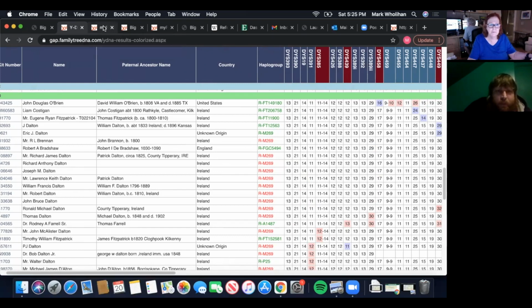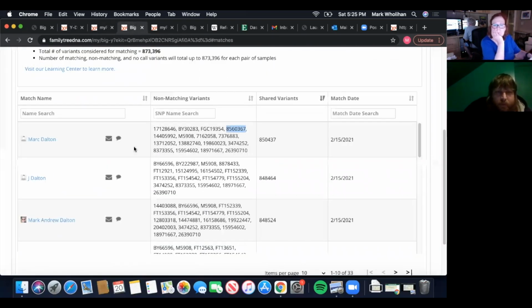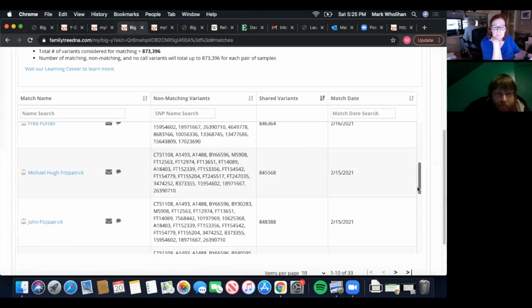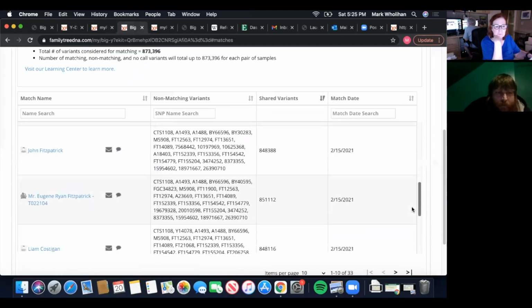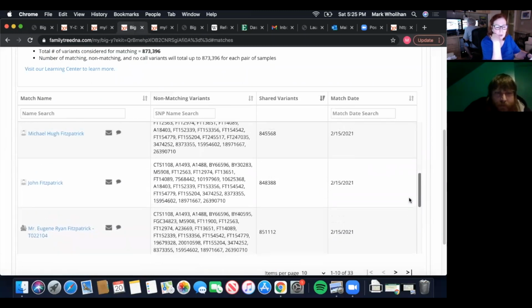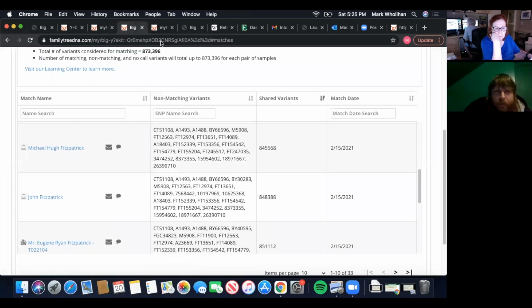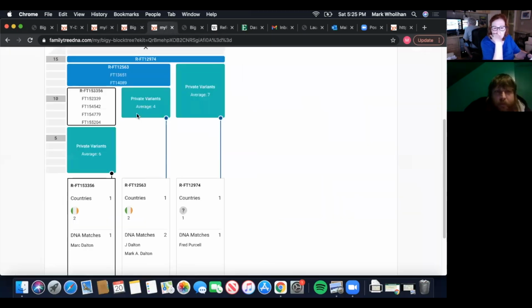So you've got the three Daltons, then the Purcell, then the three Fitzpatricks. So this is the haplotree. If you click on that from your dad's page, this is the branch that you fall in. This is your terminal haplogroup here,